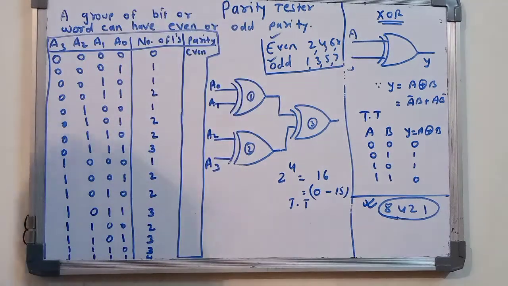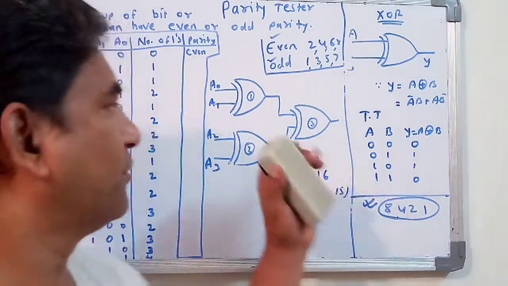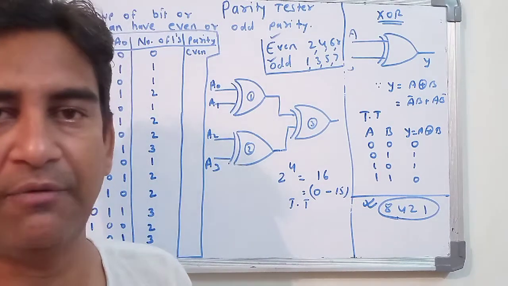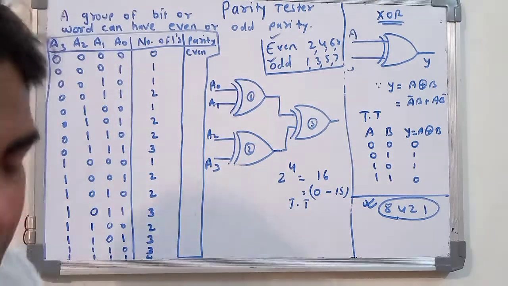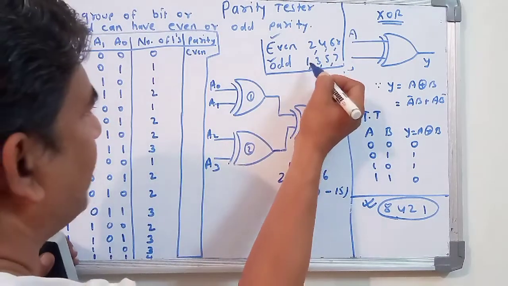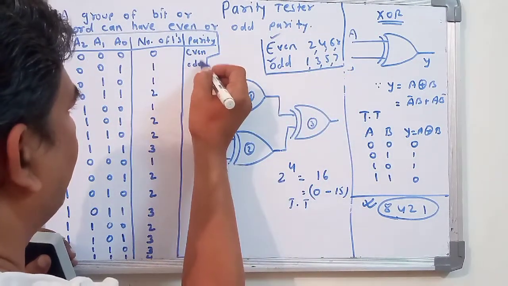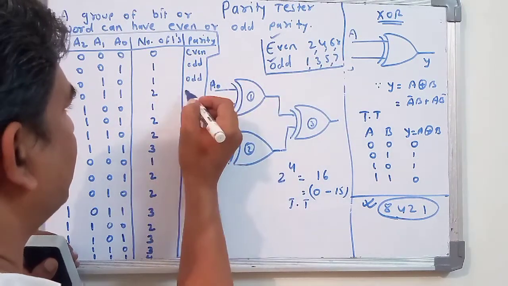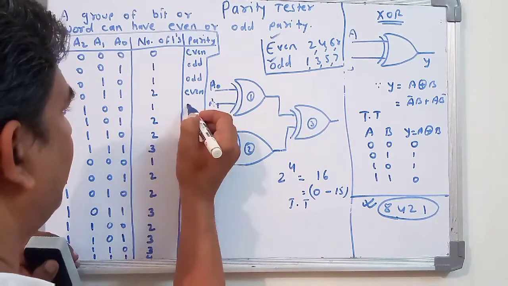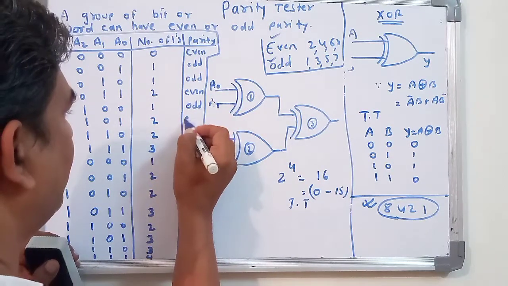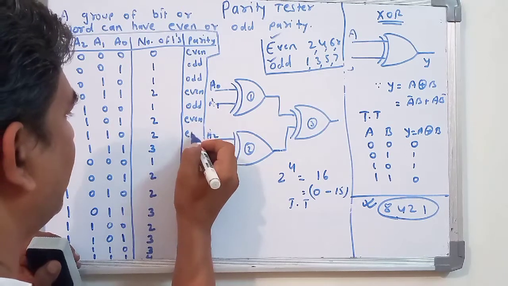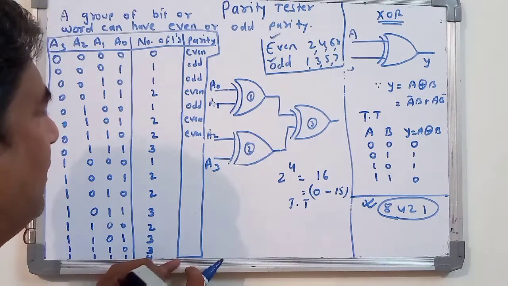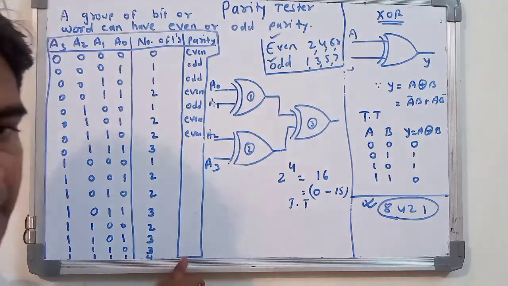In your examination also, you have to write down the same thing. You have to draw the figure, you have to draw the table, and from this table you have to write down what is the even number and what is the odd number. Okay students, now the one number, it is odd. Again the one number, it is odd. The two number, it is even. One number, odd. Two, even. Two, even. In this way you have to mark all the odd numbers and the even numbers.